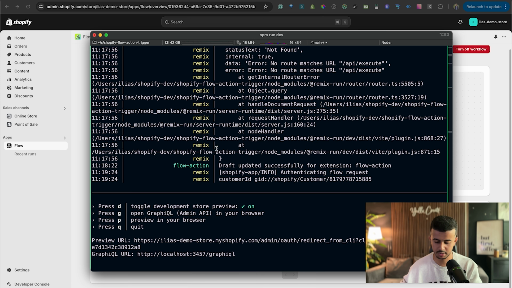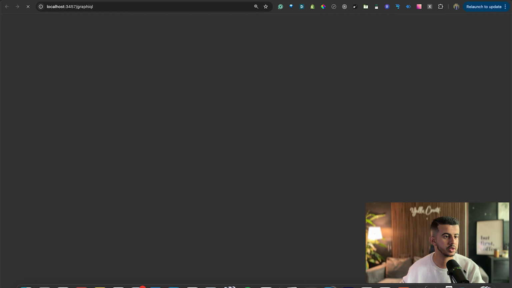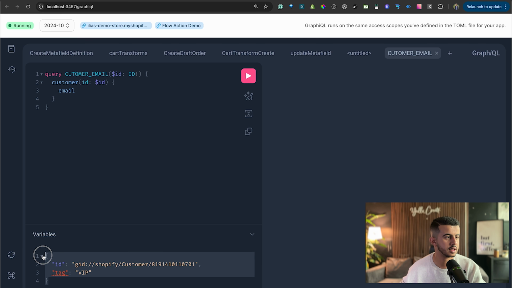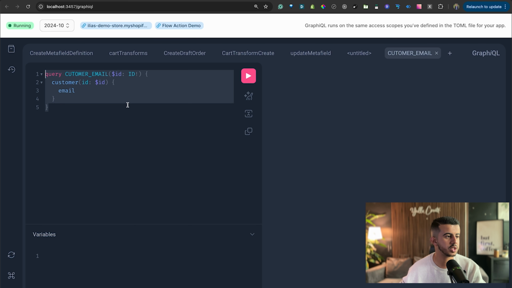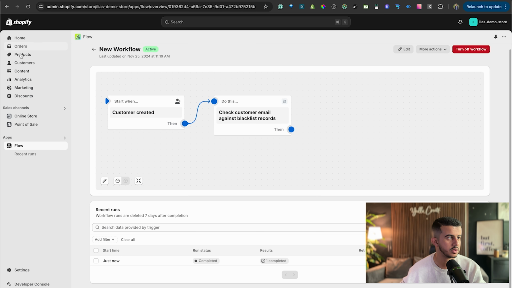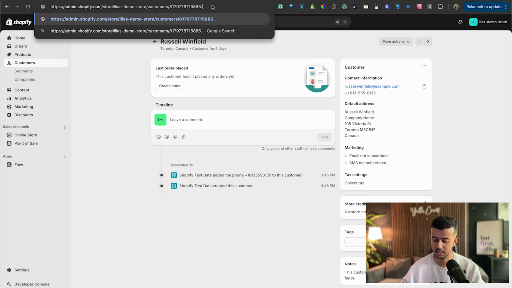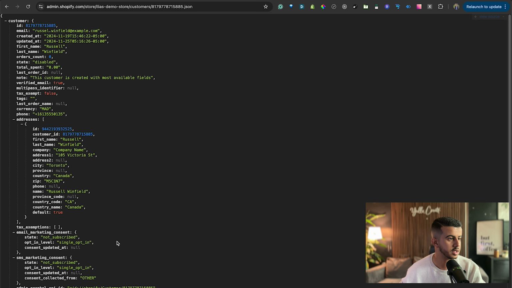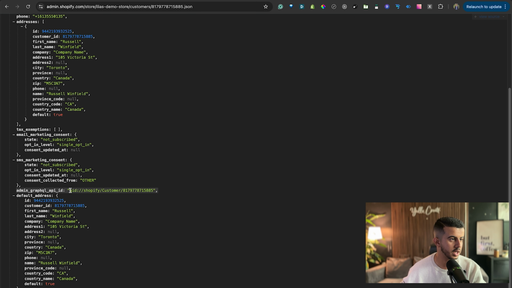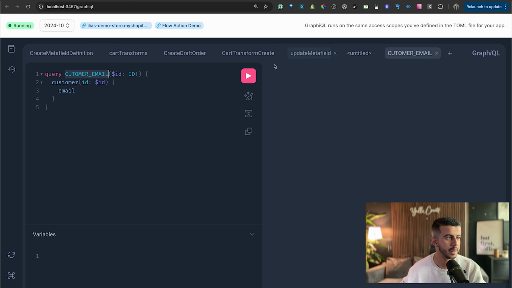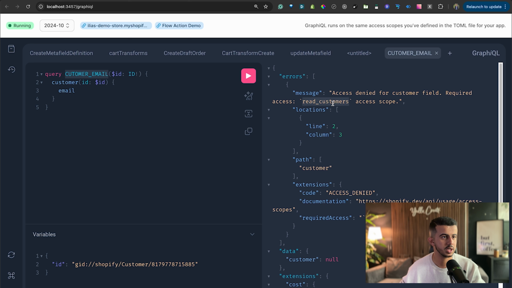So let's open up our GraphQL editor, and this is the query that we'll be using to get the customer email. So let's go back to our customer list, Rachel, and just type Node.js so we can get the admin GraphQL ID. And let's pass it as a variable, but we have a missing scope. This one will not be working, so we need to